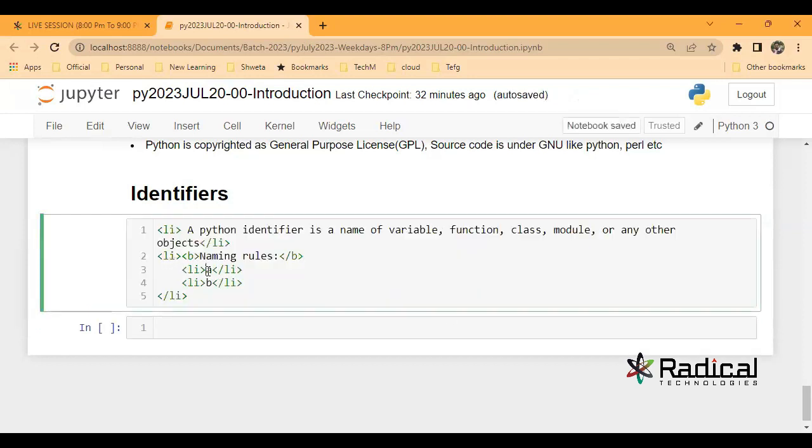There's no limitation. Variable length can be anything. Ideally we give a specific, suitable name for the variable, but you can have a naming convention of any size. Identifier names should start with